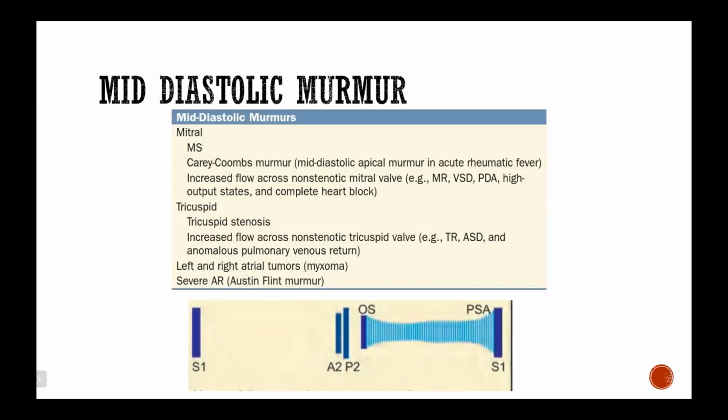So how do I differentiate between the two? First thing is obviously in mitral stenosis, since the valve is stenotic, you will hear an opening snap which accompanies the murmur, but that will not be present in AR. The second thing is Carey Coombs murmur will usually be associated with a diastolic thrill, but Austin Flint murmur will not have a thrill. Third thing is Carey Coombs murmur is seen specifically in acute rheumatic fever, whereas Austin Flint murmur is because of severe AR. And Carey Coombs murmur, since there's mitral stenosis, the patient will have other symptoms of pulmonary hypertension, which will not be present in aortic regurgitation.